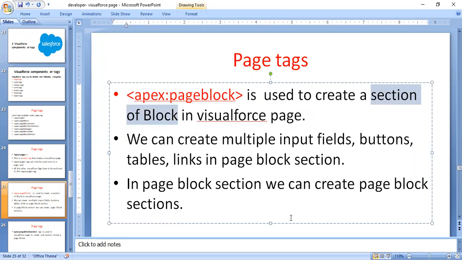That means it is used for creating different sections. Here you will create multiple input fields, buttons, tables, links. In a page block section you will create different fields, input fields, output fields, like that. And in a page block section you can create page block sections under another section also.